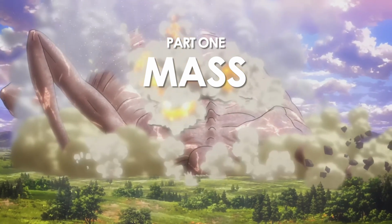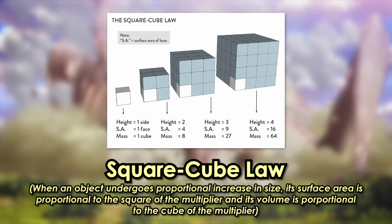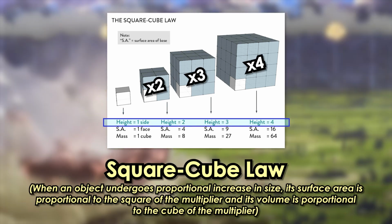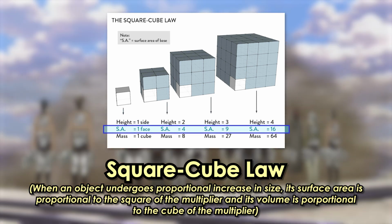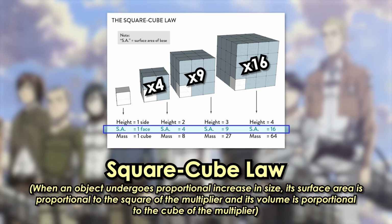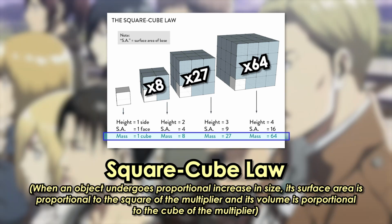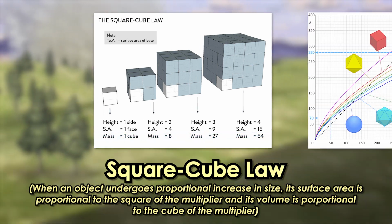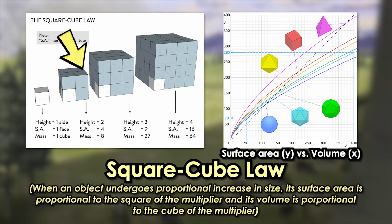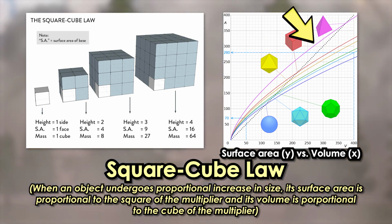You might have heard of a mathematical principle called the square cube law. This law dictates that whenever any object has a proportional increase in size, its new surface area will be proportional to the square of its scaling factor, and its new volume will be proportional to the cube of its scaling factor, hence square cube law. In summary, if an object grows or shrinks in size, its volume will always grow or shrink faster than its